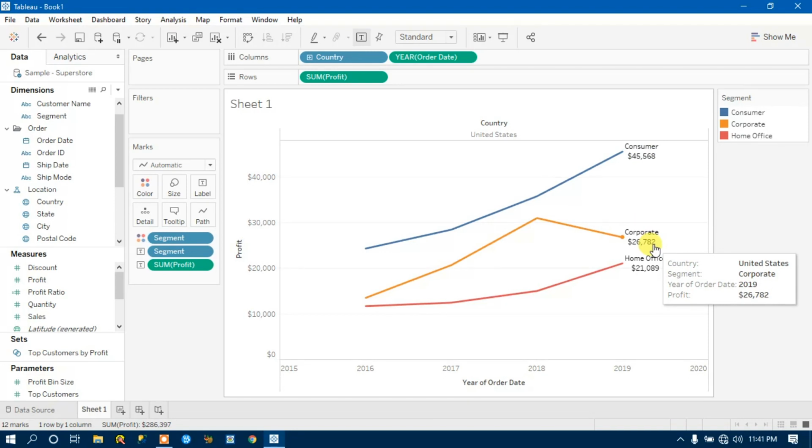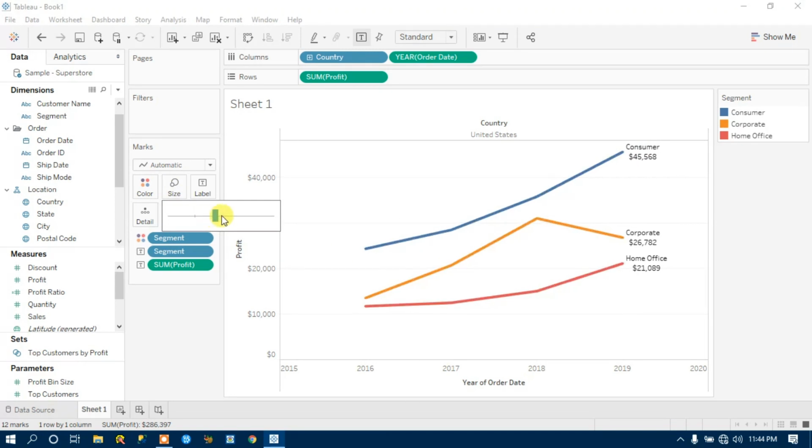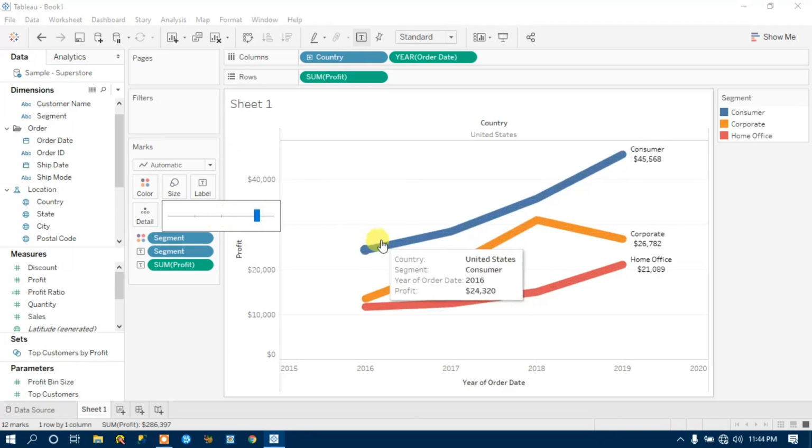And I also want to speak about the height of this bar, like the height of this trend. See, if I increase the size of it, what would happen? It will increase the size of all three trend lines, but the height is the same, right?